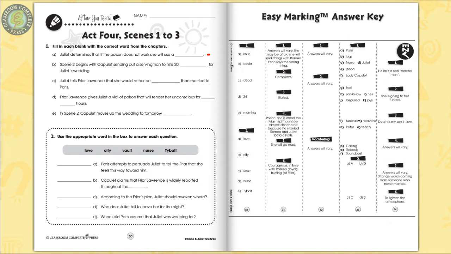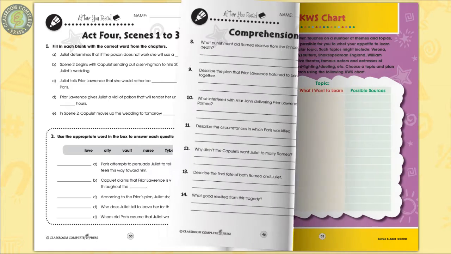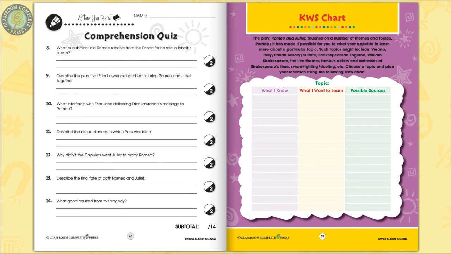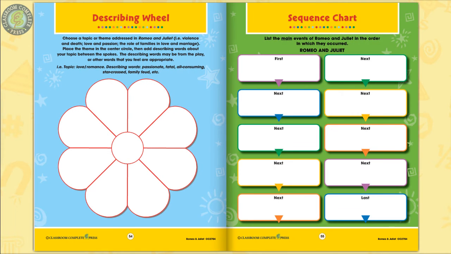The easy marking answer key works by lining up perfectly with the matching question pages. 3 color posters, which are graphic organizers, complete the resource. Keep track of the order in which main events of the story take place with a sequence chart